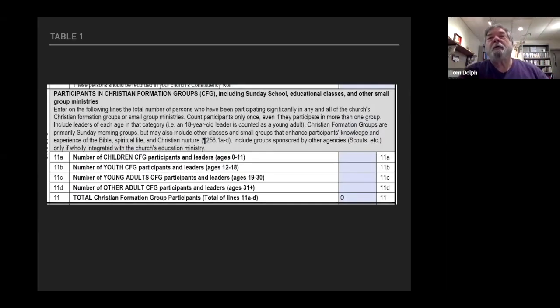This too is one of the most confusing pieces on the table 1. They call these Christian formation groups, but the easiest way